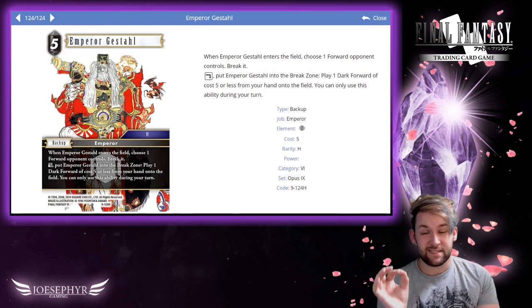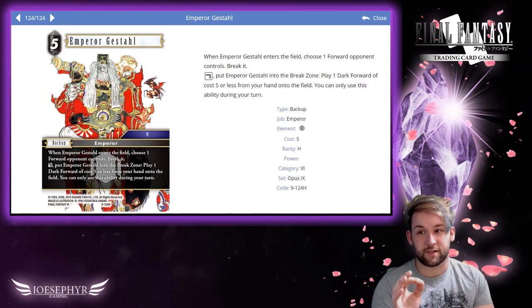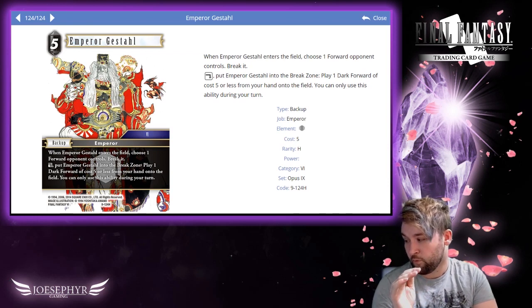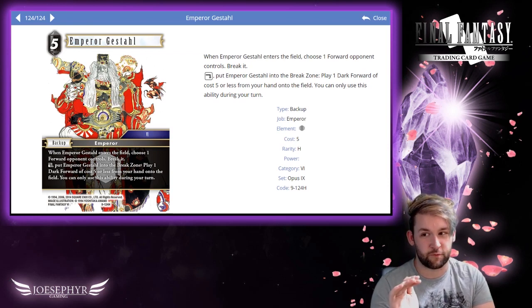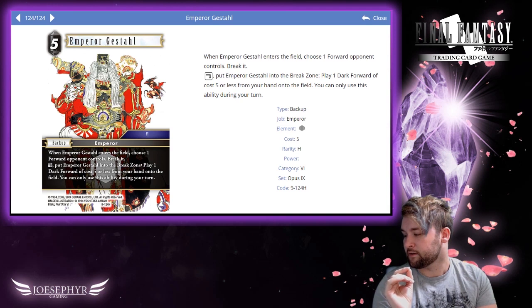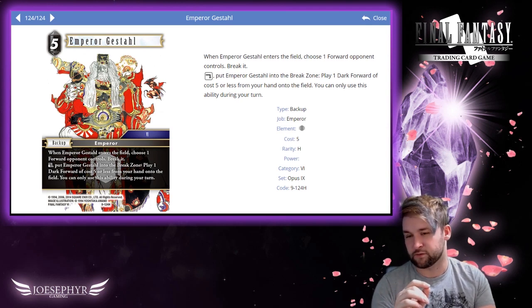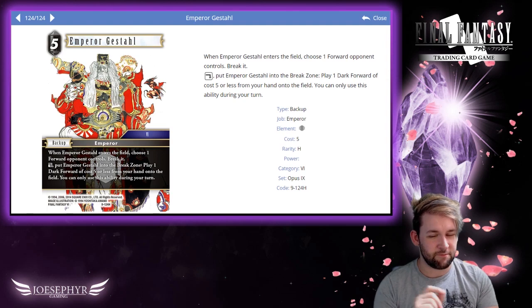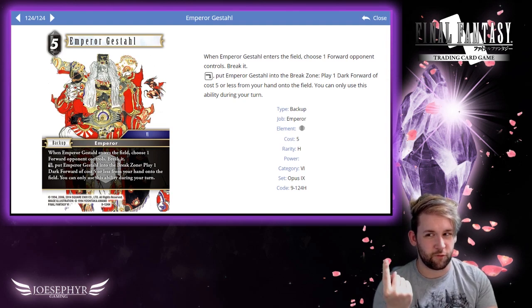And then this is a really interesting card. Emperor Gestal. It's FF6, which is already a good start. When it comes into play, choose a forward your opponent controls and break it. So this has got a backup variant on Veritas of the Dark's effect, which is nice. Dull, put Emperor Gestal into the break zone, play a dark forward that costs 5 or less from your hand into the field. So as a Star Sybil for Dark, that can cheat Camelot into play and search for a second copy of Emperor